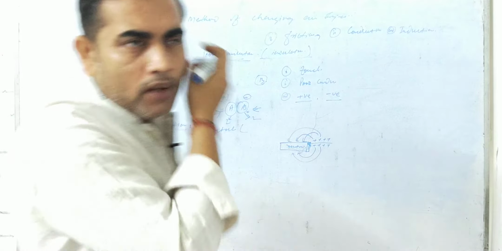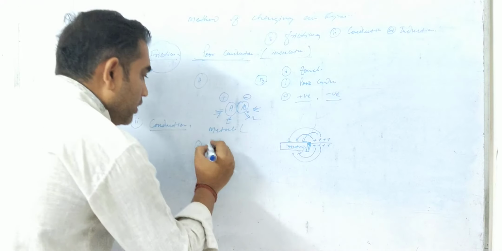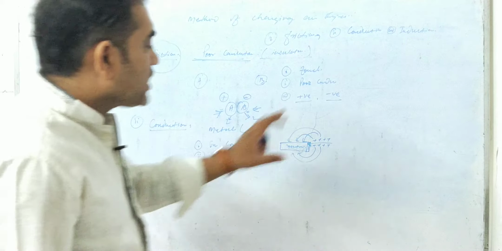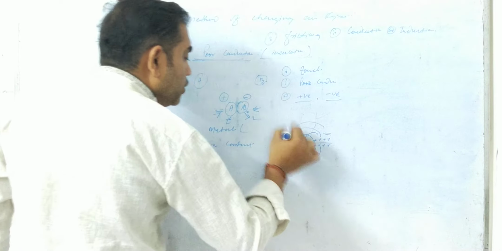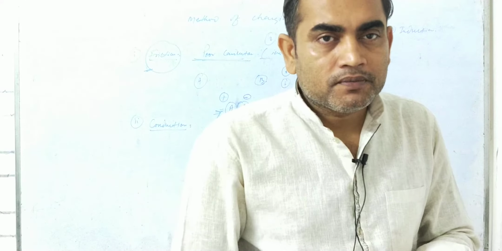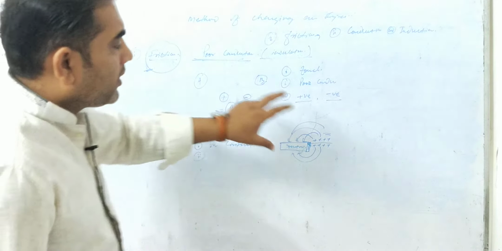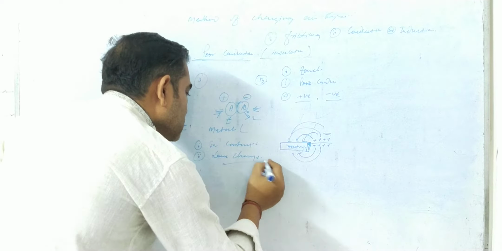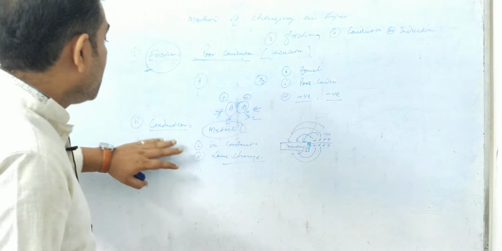So in this method, two or more things are observable. First thing, the two objects, the neutral object and the charged object, should be in contact with each other. Obviously in contact. Second thing, the transfer of charge takes place from the charged object to the neutral object, which means the neutral object will acquire the same charge. And obviously the method goes well with a good conductor. So this is the method of conduction.